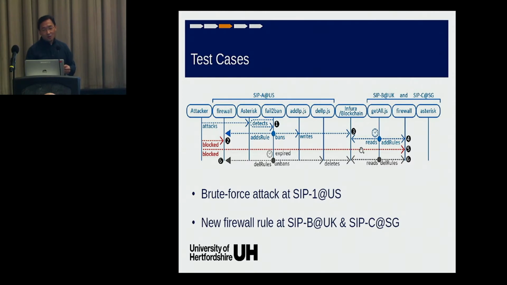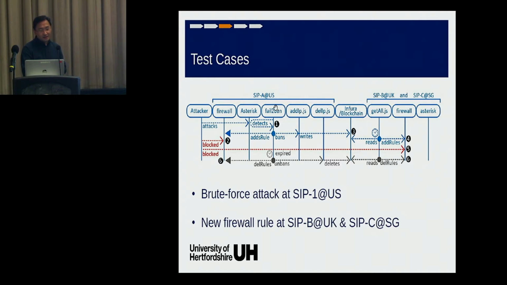And then once I read it, the same thing happened. I parse it out, and then I create new rules for my firewall. So that's number 4. So that when the same attacker attacks my Asterisk, it's already blocked right here. So what I learned from the US, I applied to UK and Singapore. So this can be like a globally synchronized state. I think that's what we want to be able to achieve here.